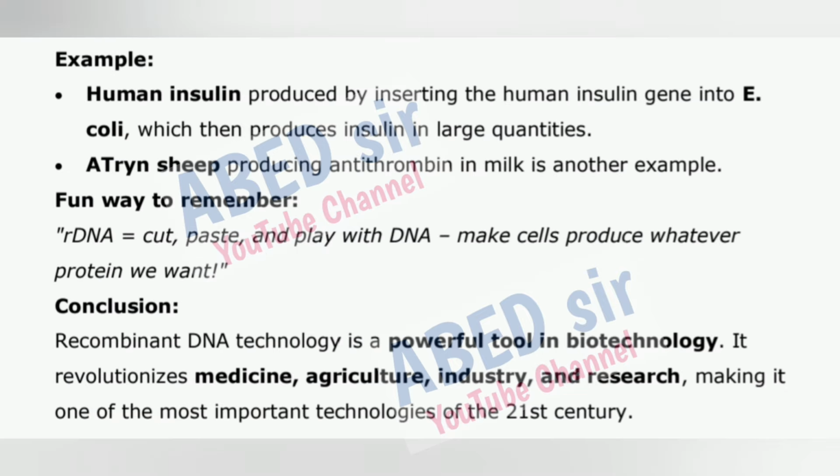Example. Human insulin produced by inserting the human insulin gene into E. coli, which then produces insulin in large quantities. ATRYN in sheep producing antithrombin in milk is another example. Fun way to remember: rDNA equals cut, paste, and play with DNA, make cells produce whatever protein we